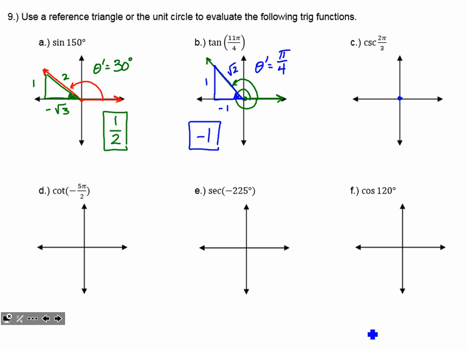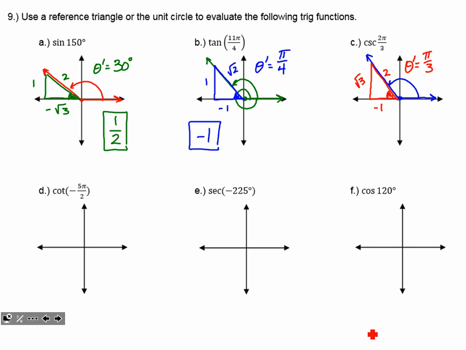Letter C, cosecant of 2 pi over 3. I'm going 2/3 of the way to pi. Oh, I didn't realize we had 3 examples in a row that end up in quadrant 2. All right, if I construct that reference triangle, the reference angle inside, theta prime, is the 1 more pi over 3 radian angle I'd need to get to the axis. Okay, if that's pi over 3, that's the same as 60 degrees. I've got a 30-60-90.